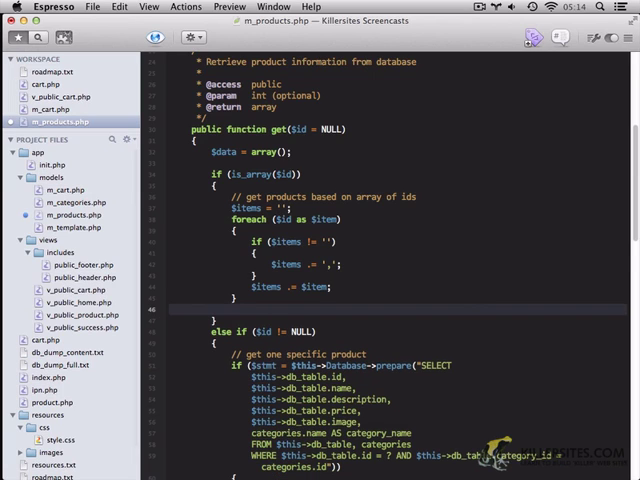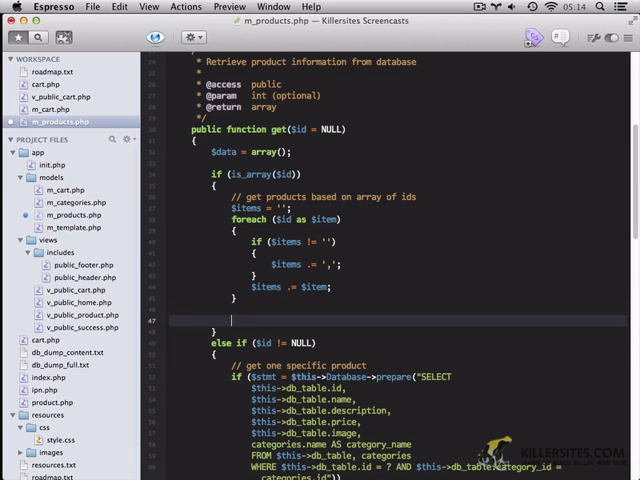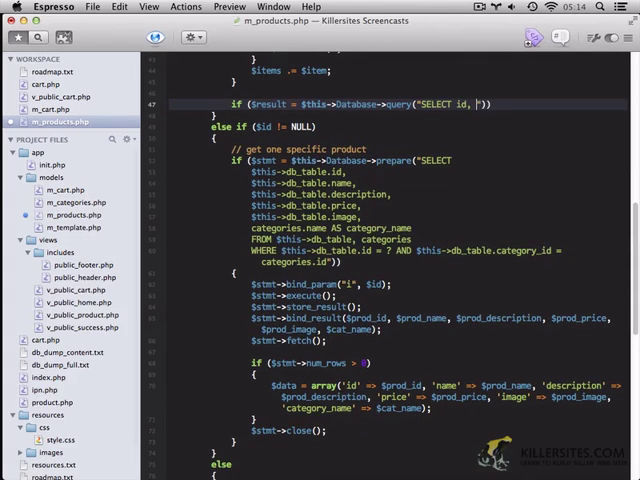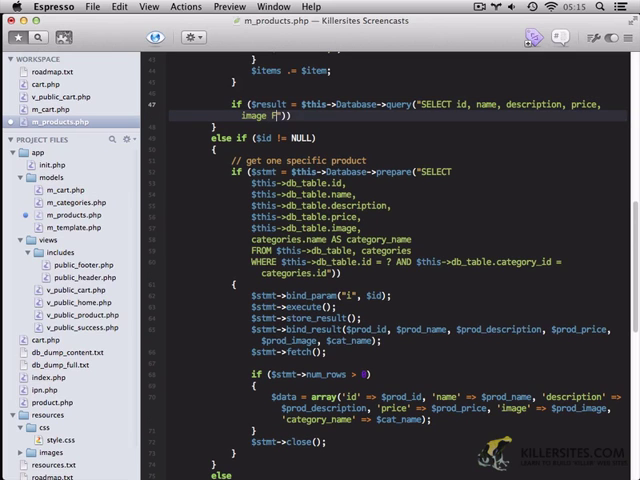So we're going to take that string of numbers, and we're going to call the database. We're going to do if result equals this database query. And we're going to select the ID, the name, description, price, and image from this DB table,